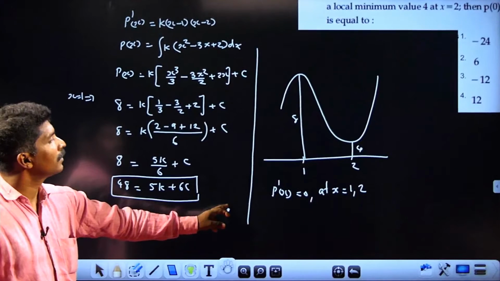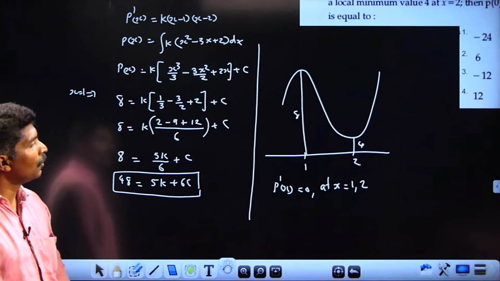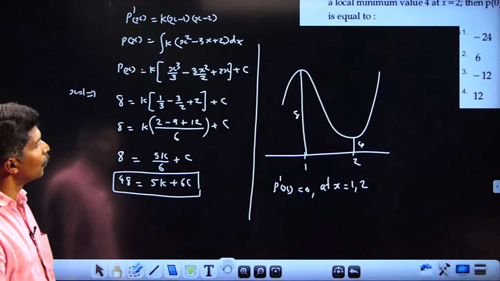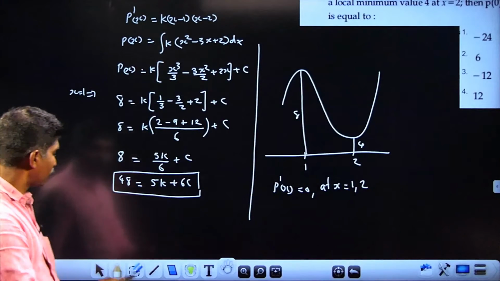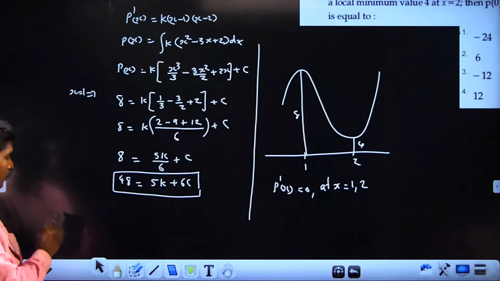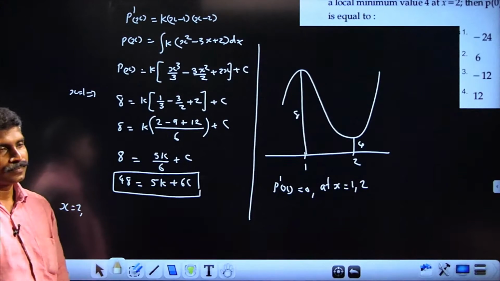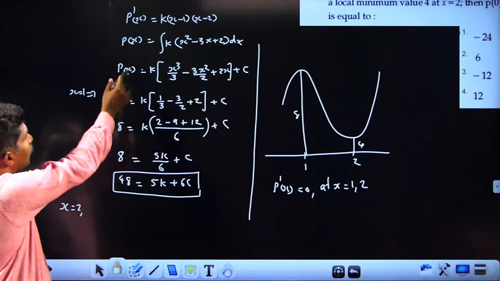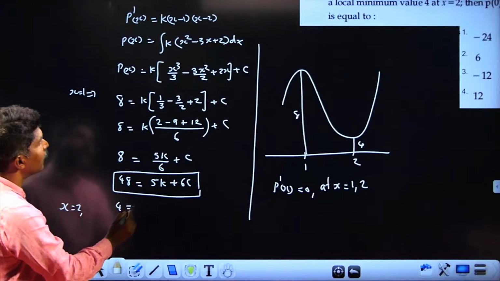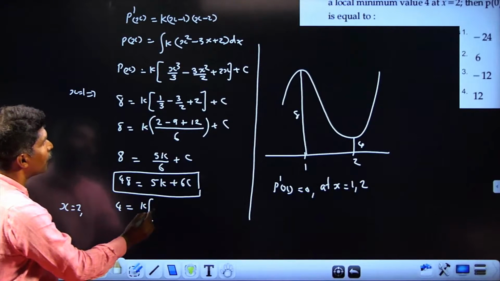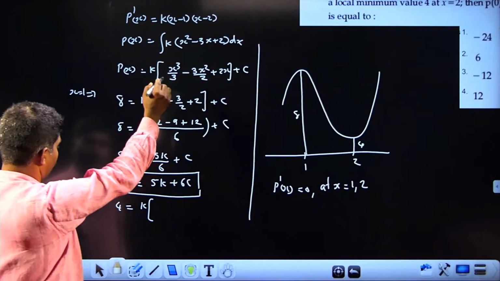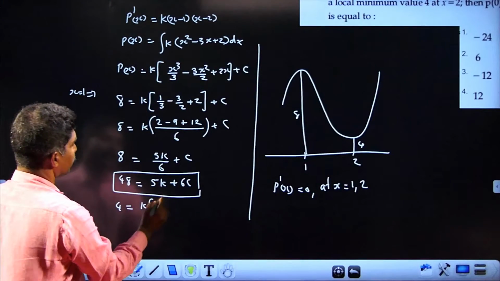And next is x equal to 2. Putting x equal to 2, P of x is 4. Putting x equal to 2, you will be getting P of x is 4. So 4 is equal to K into 2 cube 8, 8 by 3